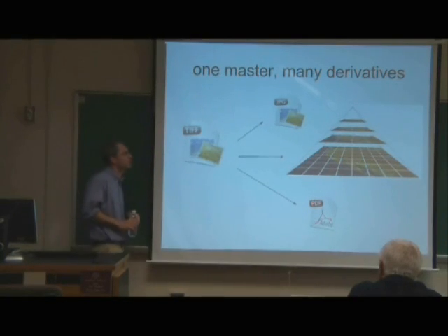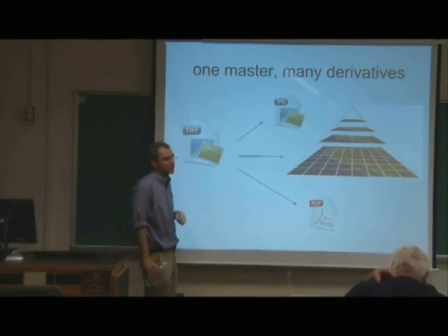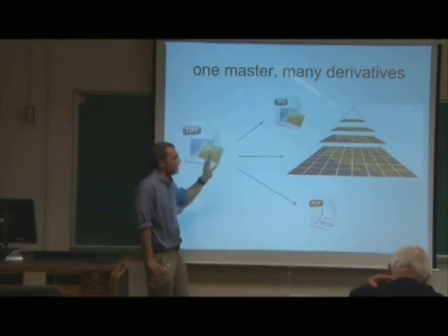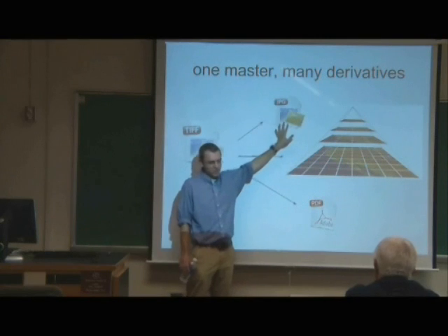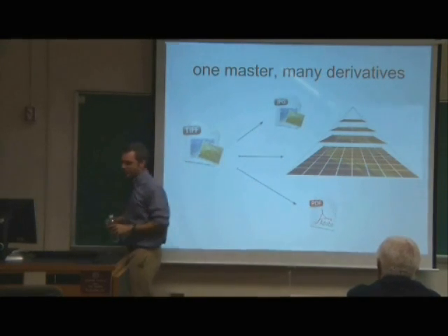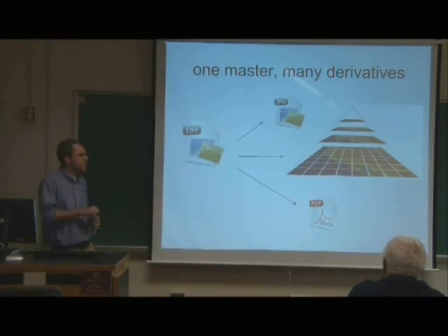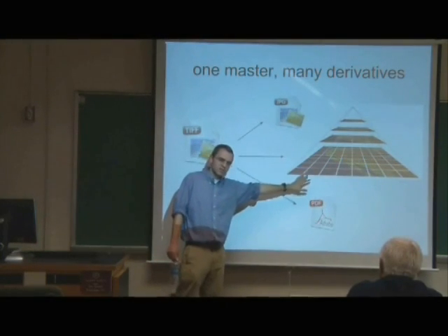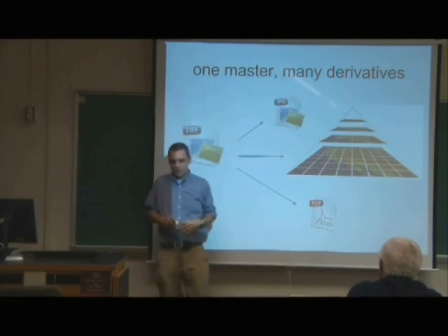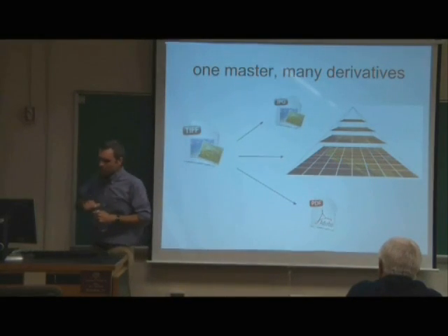We don't know what's coming next. We really don't. I just assume that this space, which is how people use things, is going to change. It's going to keep changing. It might change quickly. There may be something else for viewing on mobile devices, a different kind of derivative that you want to make. For example,